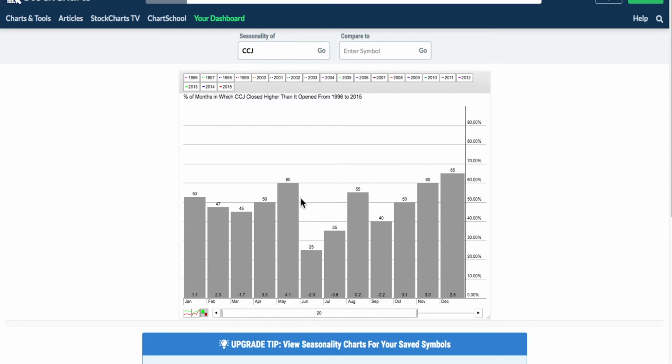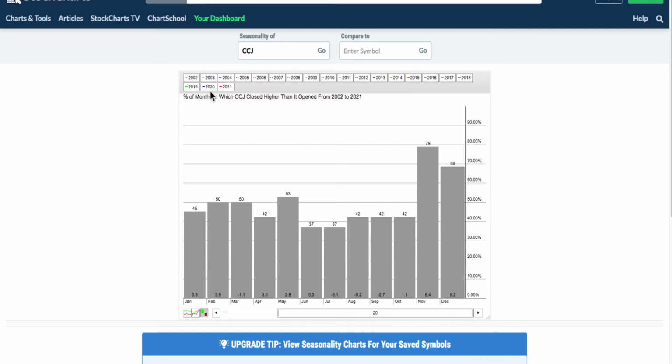When it started in 1996, you can see that it was very bullish, very strong. It's comparable to November and December. But if you move in from 2002 to 2021, you can see that November and December superseded May in regards to a bullish month. So with that being said,